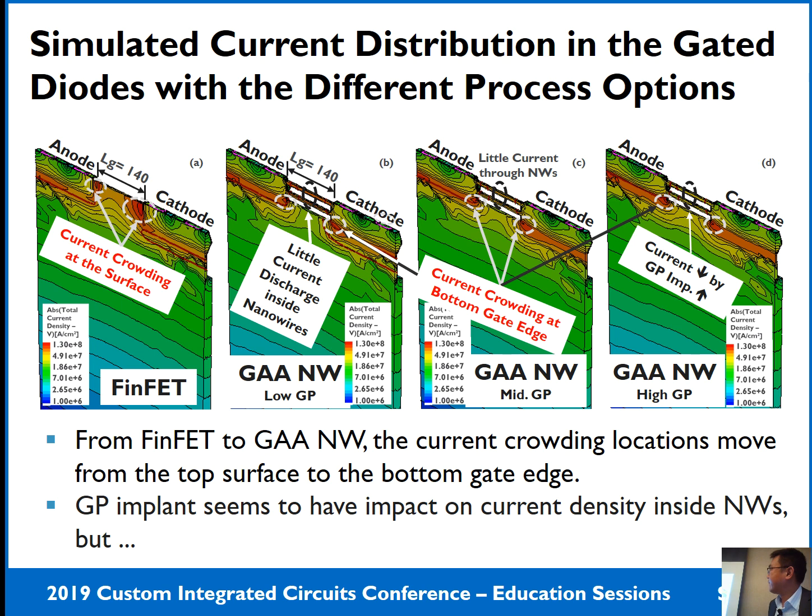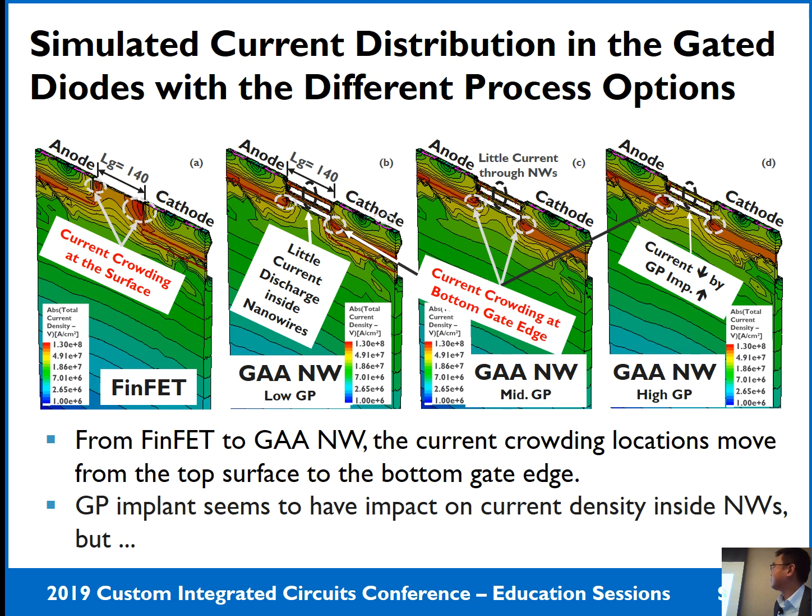First, in the FinFET gated diode, the current will be crowding at the surface. So this can be the reason why the FinFET gated diode has a lower IT2 compared with the Gate-All-Around gated diode. Then also, the simulation result here indicates the ground plane implant seems to have an impact on the current density inside the